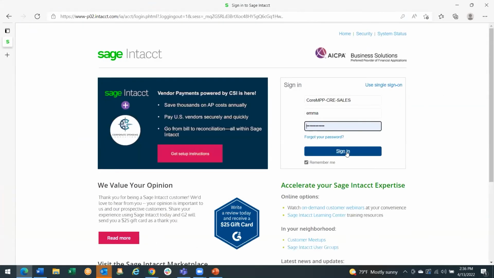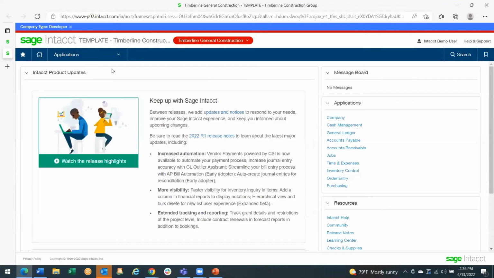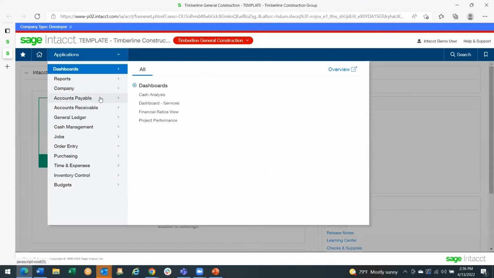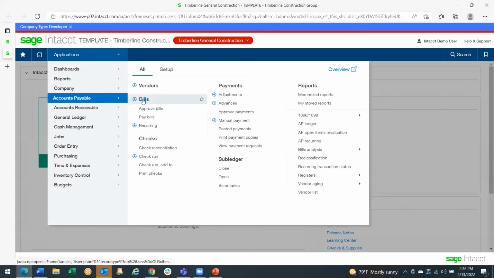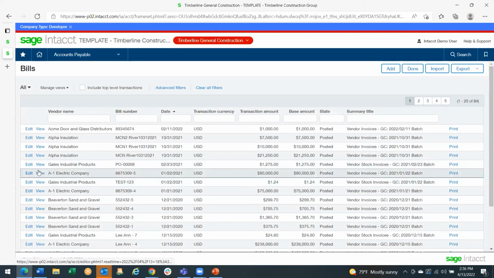Let's go back in. We'll go to GC, Accounts payable. Okay. So if I'm in here and I want to take a look at a particular transaction, maybe this A1